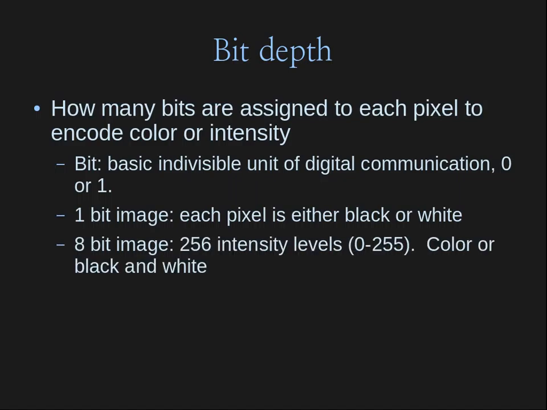Slightly up from that, but still common, and something you'll end up using in this class a little bit, is an 8-bit image. This means that we have 8 bits for every single pixel. Now, if you imagine this, that means that you have 256 intensity levels. The reason for that is